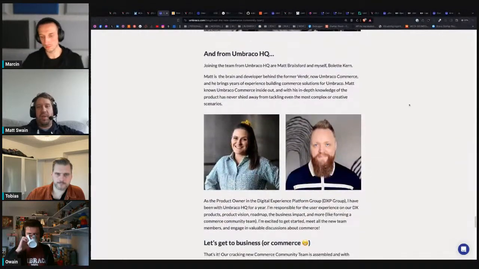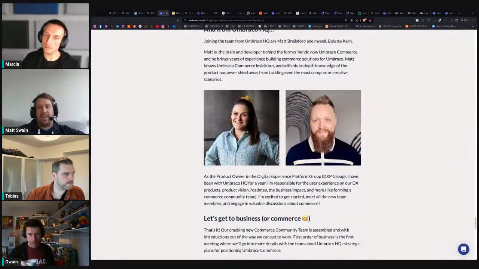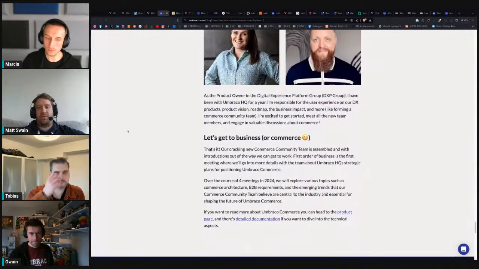Shipping calculations and shipping providers was quite a big area where I thought it's okay, it works, but it's a little bit basic. And as if by magic, it's the first thing that we get demoed in the Umbraco meeting by Matt, the new shipping functionality that's in there.